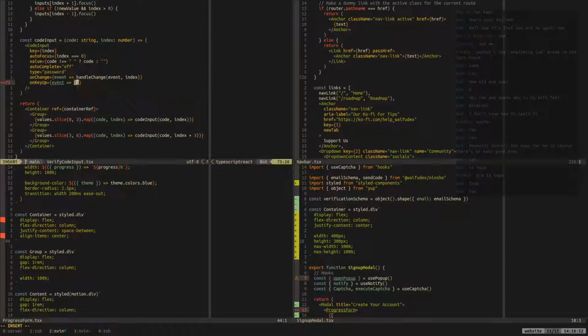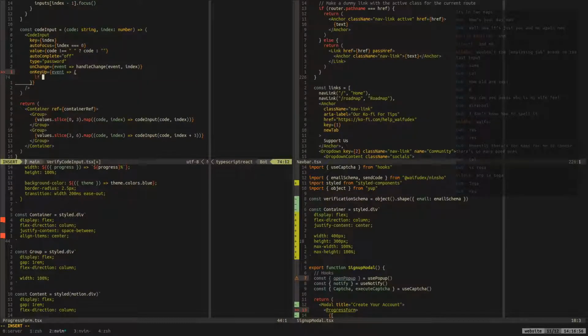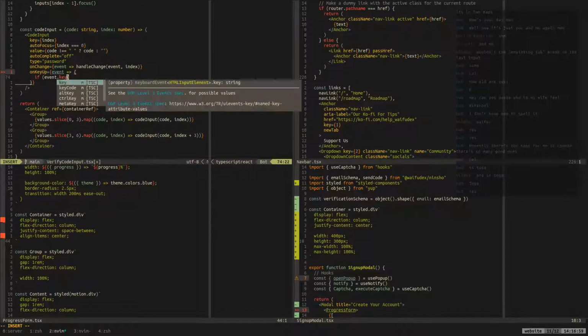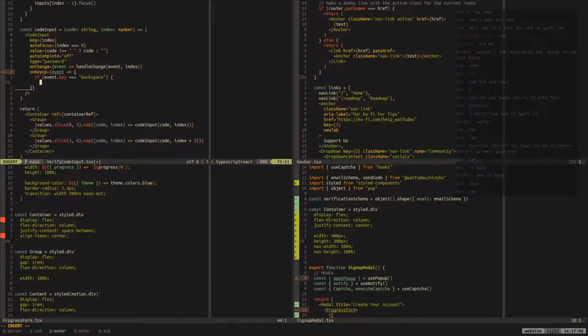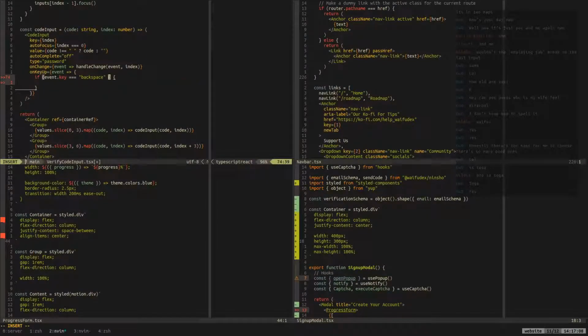So, and we can do it in here, if event dot key is equal to backspace, and code is like equal to probably space, then we would like to,